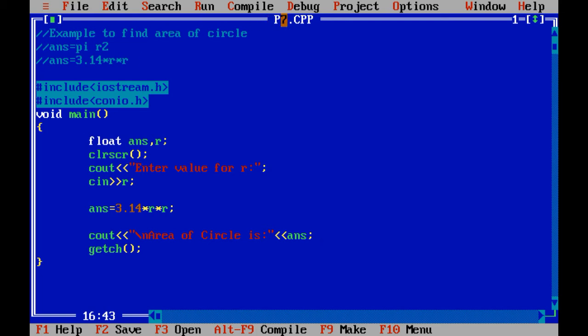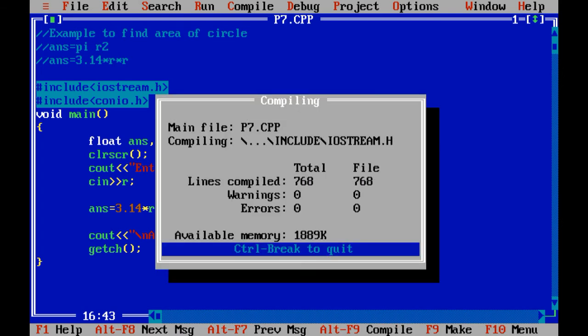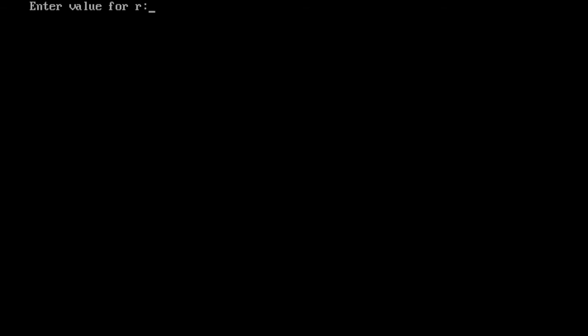Now let us run this program by pressing Ctrl F9. Enter value for r. I am going to input 10. So 10 into 10, that is 100, and multiplied by 3.14, that is 314. So area of circle is 314.